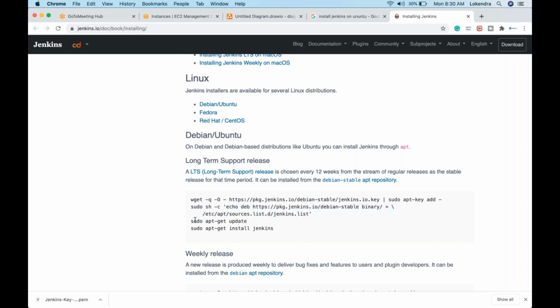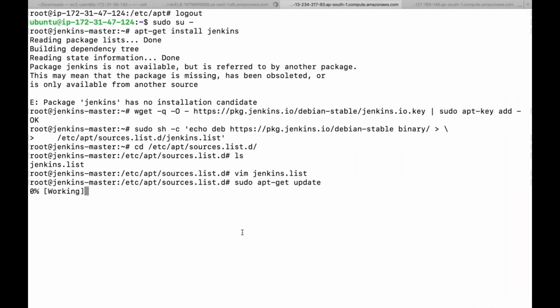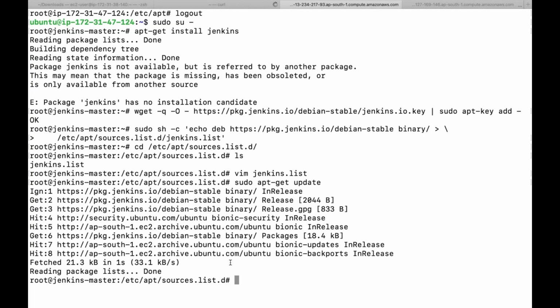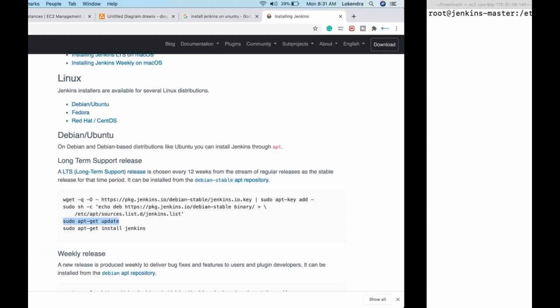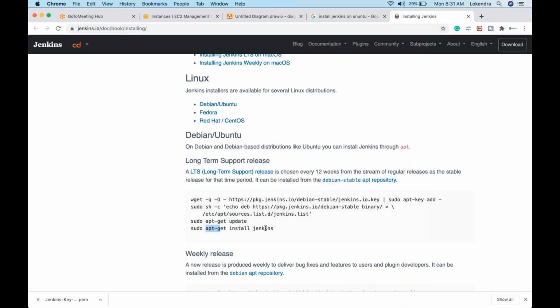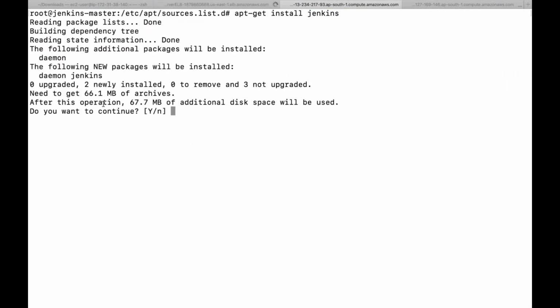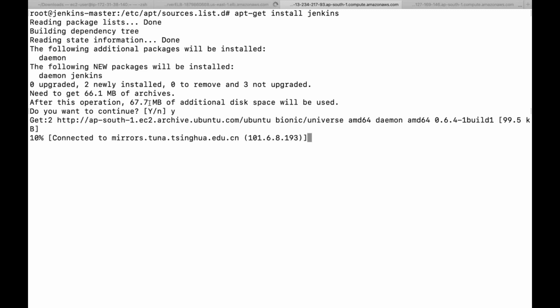Right, so I'll run the next command, which is apt-get update. It will not do anything else, but obviously the Jenkins package source gets added as well. And if I run the next command shown on that web page, apt-get install jenkins, why am I not using the sudo command? Because I am already logged in as the root user. If you are working as root, there is no need to run sudo, right? So I will hit this command. It is going to say once again that it will download 67.7 MB of data and copy it, right? So I'm waiting for it to download.